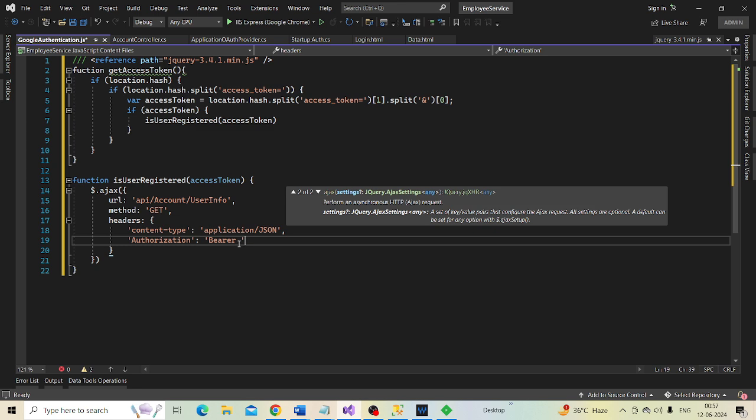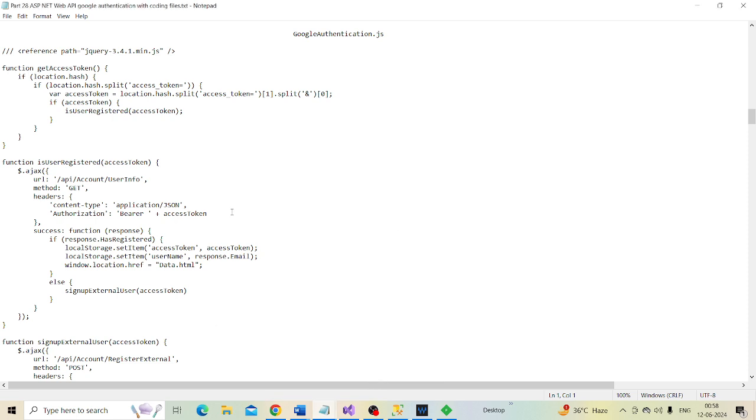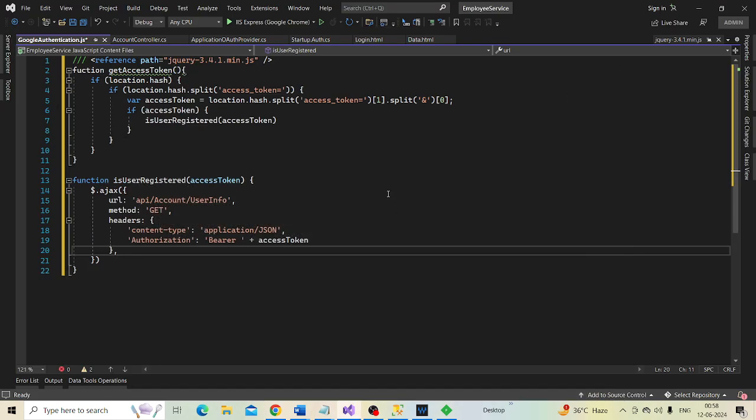You have to give a single space, and then to that we will append the access token, which is coming into this function as a parameter.